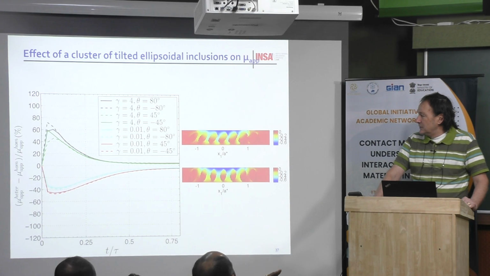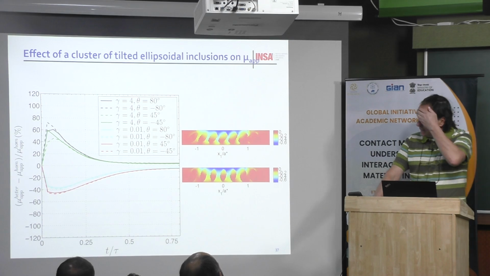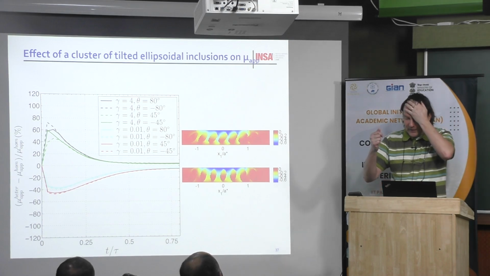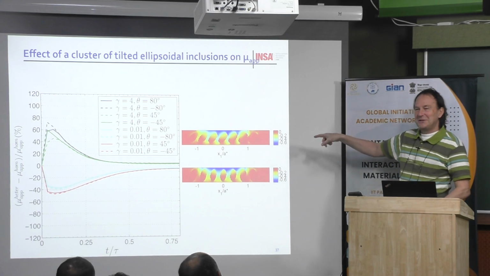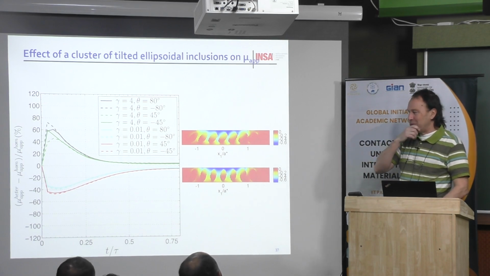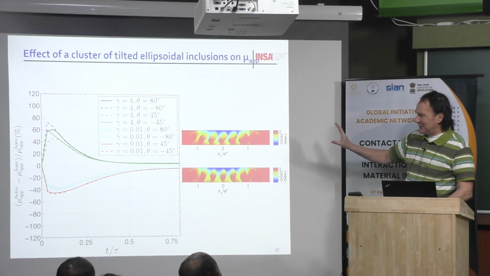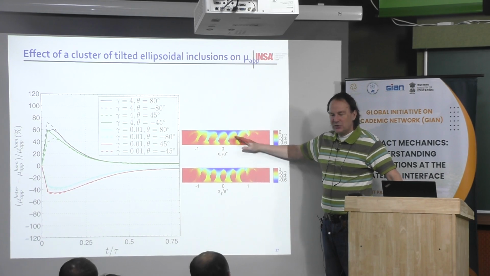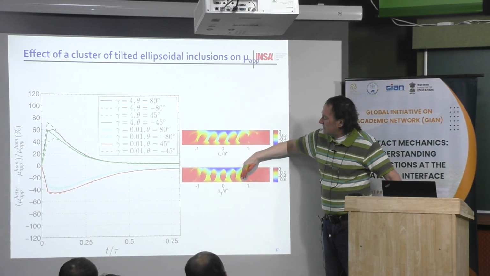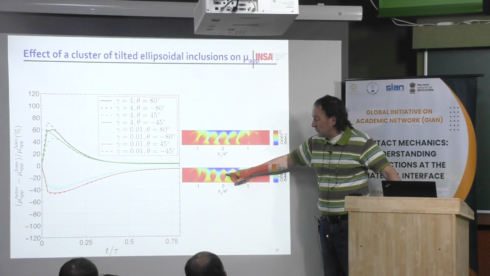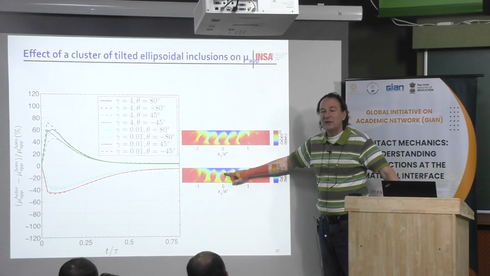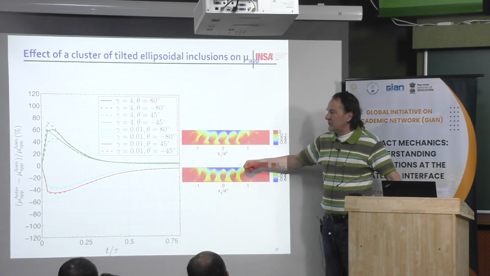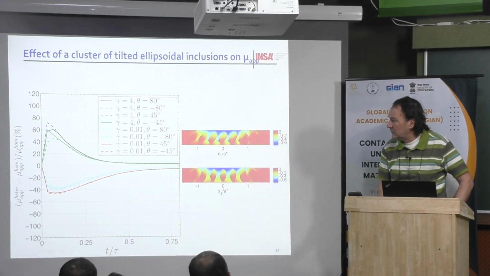Is it because of the orientation, it is now supporting the load? In fact, I maybe had an answer, but I wanted to check the answer before responding to you. I'm not sure of what I will say. But in fact, the inclusions are always at the same depth in the simulation. We just modify the angle. And when you increase the angle, the surface of the inclusion becomes closer to the surface. And we know that the closer it is to the surface, the higher is the effect. Then I checked that for the top curve.